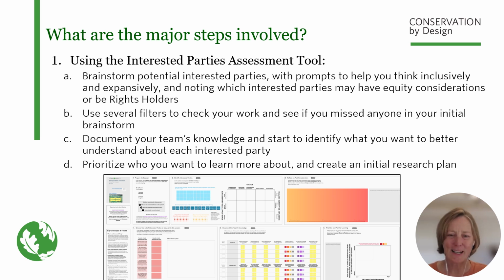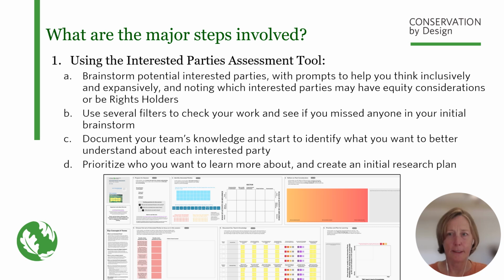This is a screenshot of the entire mural board that you'll use in the Interested Parties module, showing you what those filters look like. You'll place the interested parties you've identified on a sector and scale grid, and then check to see how many interested parties you've identified that are relatively new to you. And then you can reflect on whether you might have missed one or more parties and add them to your